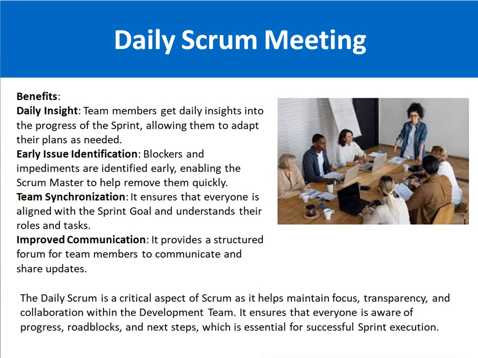So friends, remember that the daily scrum meeting is a very important ceremony in the scrum framework, and it focuses on transparency, collaboration and coordination within the development team. It ensures that everyone is aware of the progress of the sprint: how much we are progressing, if there is any issue, any roadblocks, any risk. So it can be identified at a very early stage, because we are attending the daily scrum meeting, so we can take action at a very early stage and address it properly.